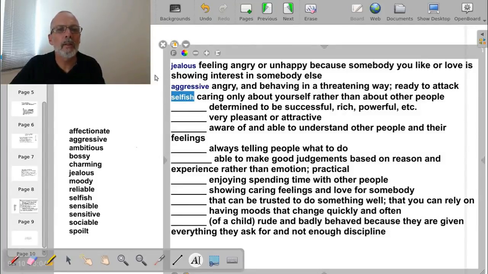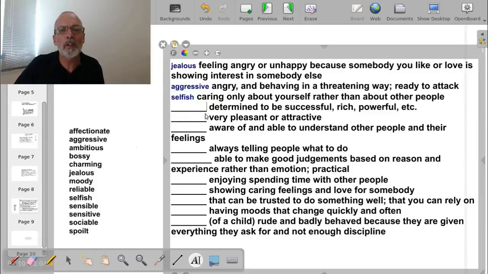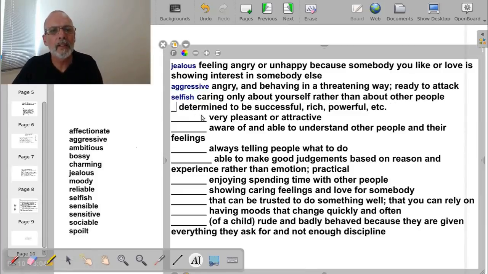That's the answer to that one. Okay, determined to be successful, rich or powerful. Ambitious. Very good. Again, another word if you're a Spanish speaker, and this class is not only for Spanish speakers,